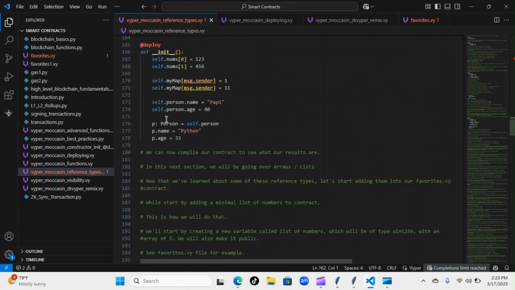So this right here is how we're going to load the information into memory, and you can see this is how we can update it. This is our p state that we created. We're going to use the person equals self.person to actually create the new information of Python in 33 for name and age. Well, this information here, the self.person.name and self.person.age, are the original information that's going to get entered into